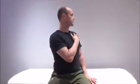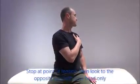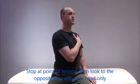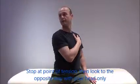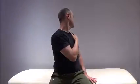Now the second component, we slowly go out to our tension point right there, and I'm going to leave my thoracic spine there. Then I'm going to move my neck in the opposite direction. As I try to look over my right shoulder, I feel the muscles in my right neck working a little bit. They're contracting, but there's no pain or discomfort. Then I just slowly bring it back, and I look over my left shoulder for 2 or 3 seconds,